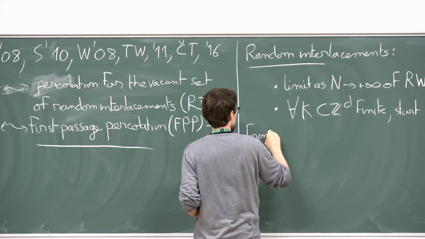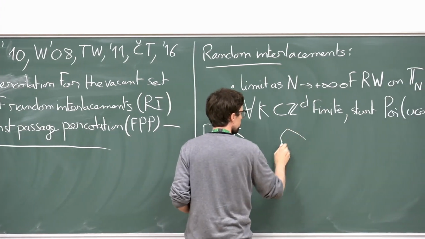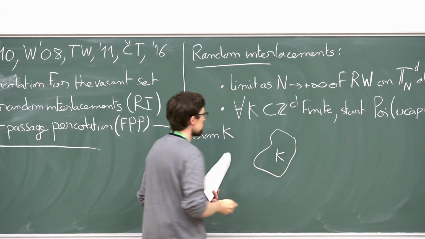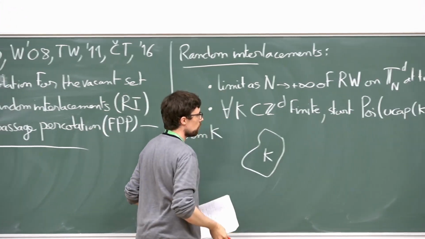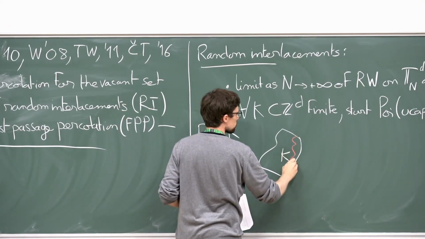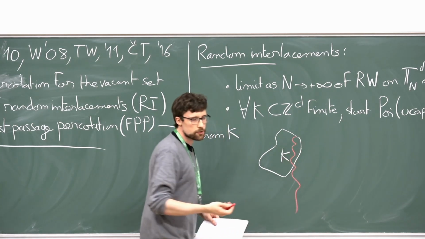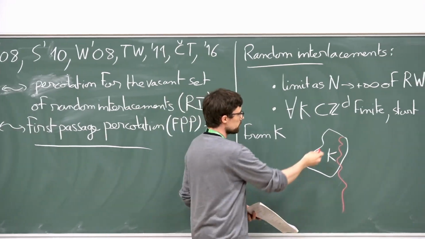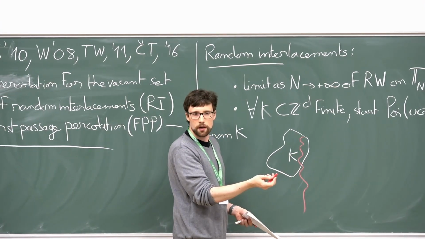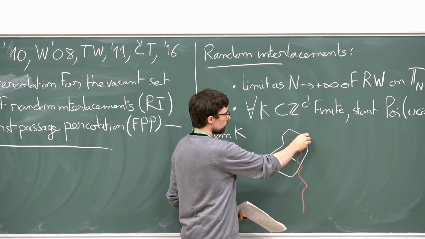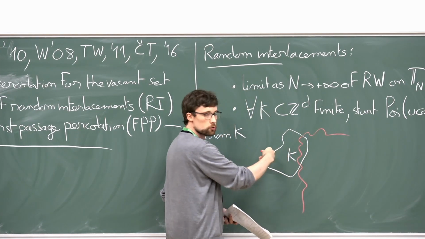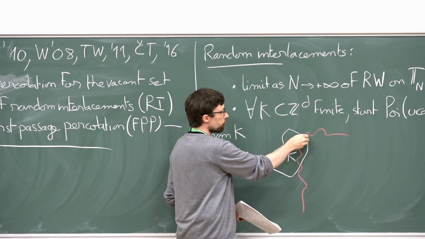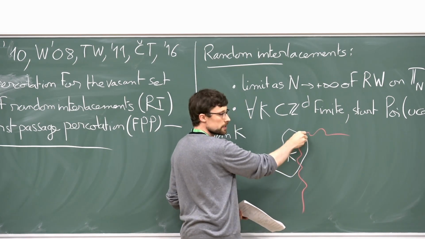So what this looks like is the following. You have your set K, which is some subset of D. And then, if your Poisson here is larger than 1, you just start a trajectory. And it's actually a doubly infinite trajectory. So this is just a random walk, and you also have a backward path for it. The backward path will be like a random walk, but conditioned on not coming back to K. So here, this is the first time, if you want, that your doubly infinite trajectory hits K.